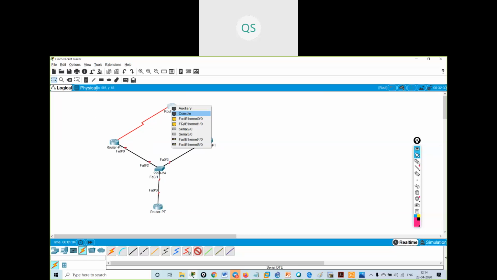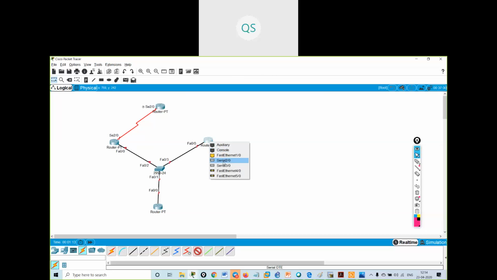Sir, is this not in the new CCNA, sir? See, HSRP is there in the new CCNA also. There are no commands for changing the timers and all those things.